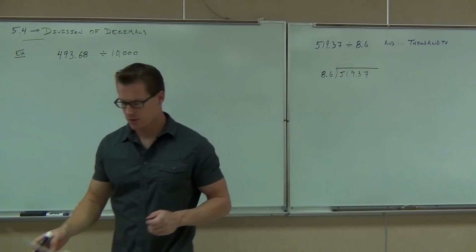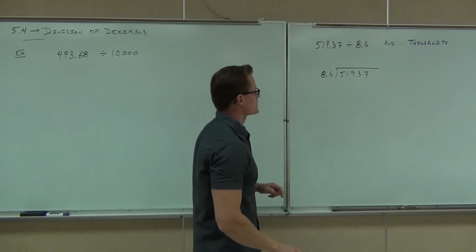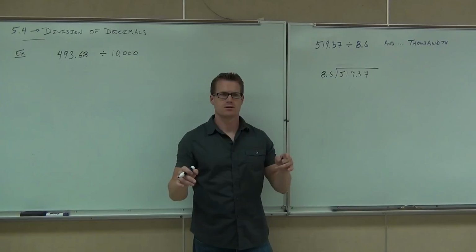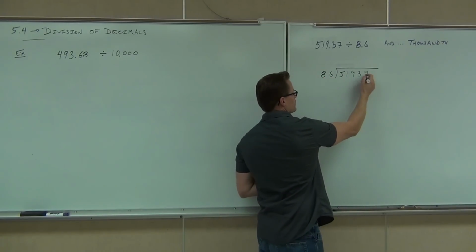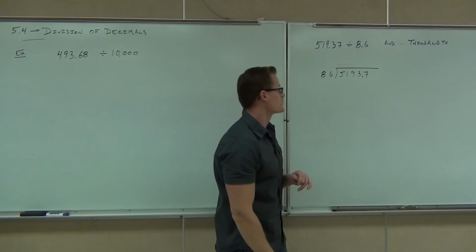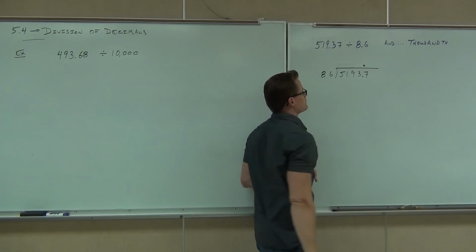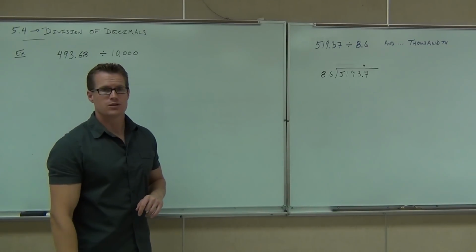Okay, so 8.6 outside of 519.37. The number of decimal places we're moving is one. Good. So 86, and we change it to 5,193.7, and of course we'll put the decimal place right up there. Oh my gosh, to the thousandth. We got a lot of work to do. So we'll start with